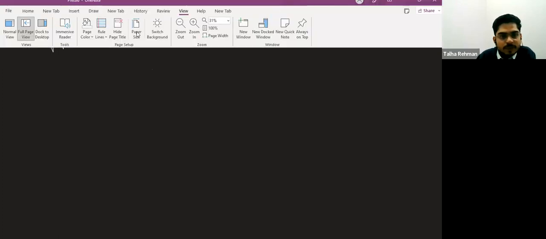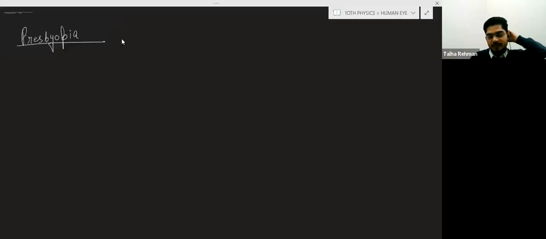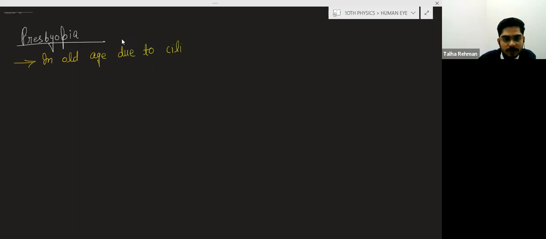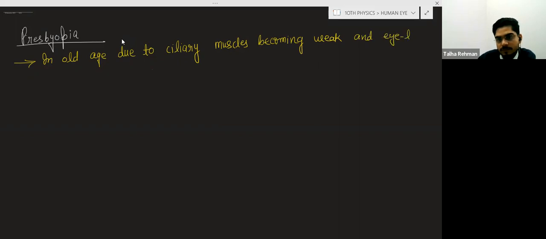Presbyopia. Okay. So basically, presbyopia occurs in old age. In old age, the ciliary muscles become weak, so there is a dysfunction in the eye lens, and a problem maintaining the power of accommodation. So we can write: in old age, due to ciliary muscles becoming weak, and the eye lens becoming inflexible,